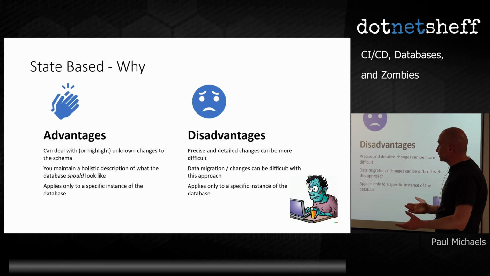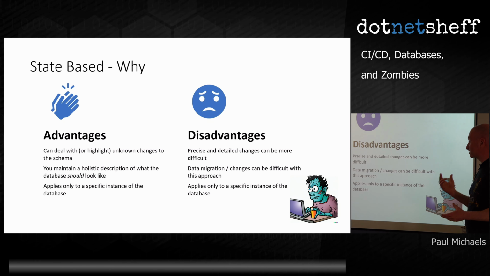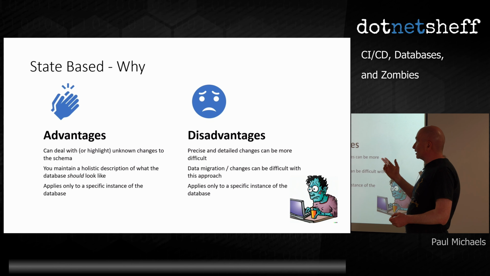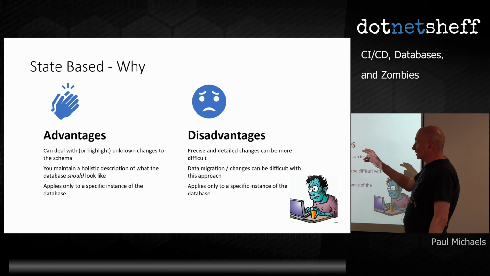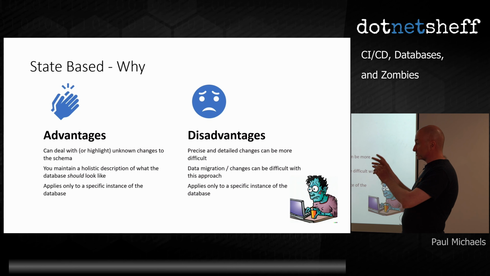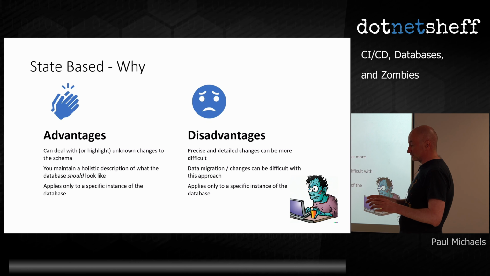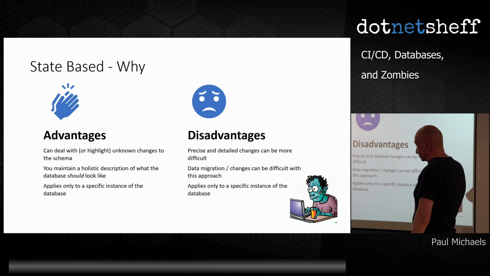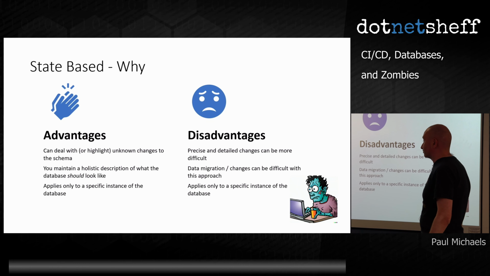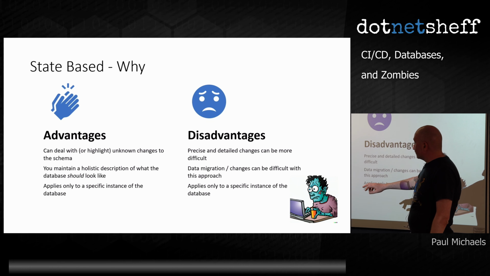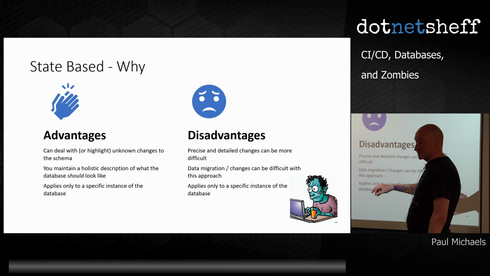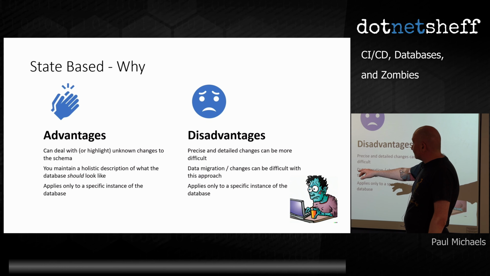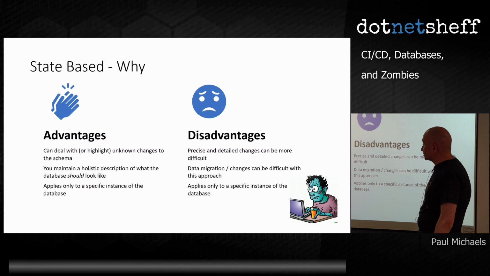You can deal with them or highlight unknown changes to the schema. So if the person that we've just been discussing who made a change to the schema and shouldn't have done, has logged onto the database and, I don't know, created a table or whatever it is, or dropped a table, as soon as you run a state-based comparison, it will say that isn't in your desired state, so I'm going to drop it, and it'll be obvious that that's been added. And dropping it might be the right tool, because if you keep on dropping tables that people keep on creating, they'll stop creating them. Obviously, the other option is to just remove their access so they can't create the tables in the first place.